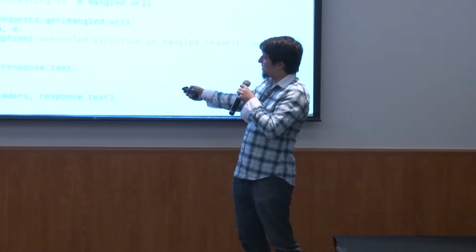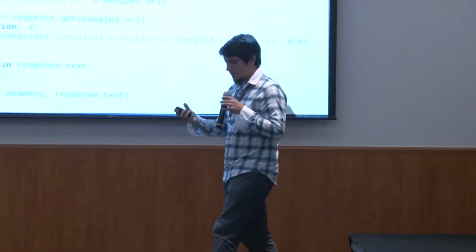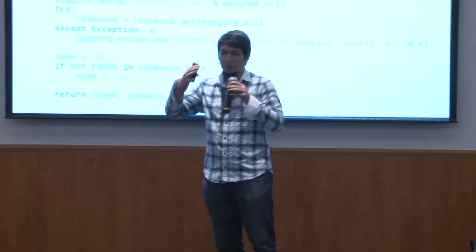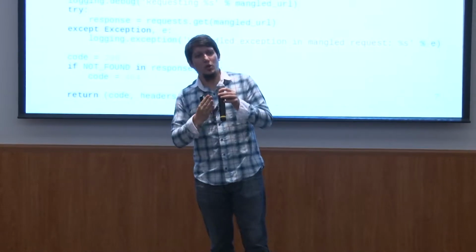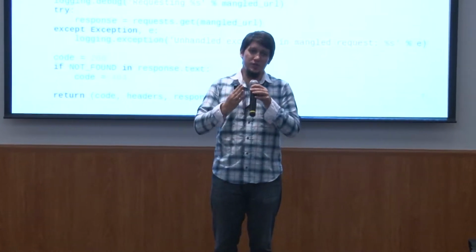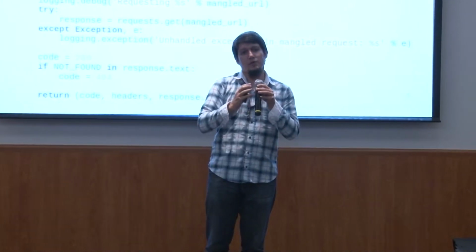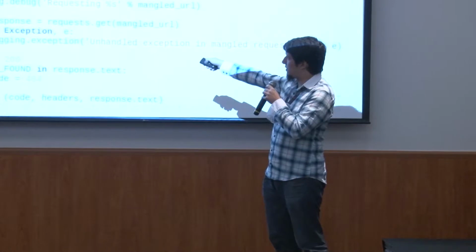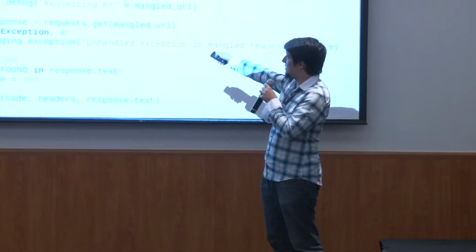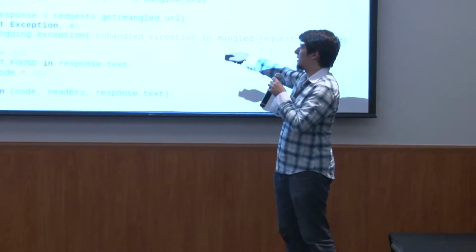In this case, we see that the mangle function is a function that's going to be running on my workstation. All of the HTTP requests that would go to the instance metadata server are going to be trapped by the mangle function, and then I do this. I say, all right, this is the vulnerable URL. I'm going to take the original URL, which is going to look like